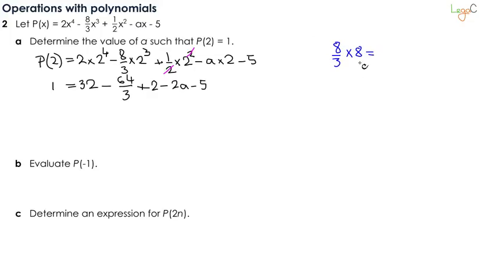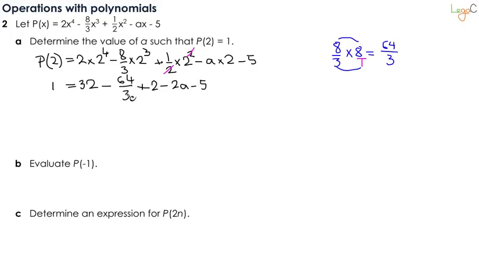Now, when you multiply a fraction by a whole number, that means that you actually multiply two fractions. You can put 8 over 1 because 8 divided by 1 is 8, so the 1 doesn't change the value of the fraction. So when we multiply fractions, we multiply the tops together, so 8 times 8, which is 64, and we multiply the bottoms together, so that gives us 3 times 1, which is 3. So this is why I ended up with 64 over 3. So be very careful when you work with fractions. Know your fractions. I know many students have